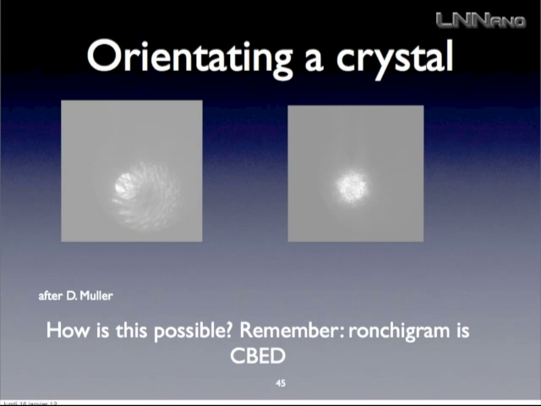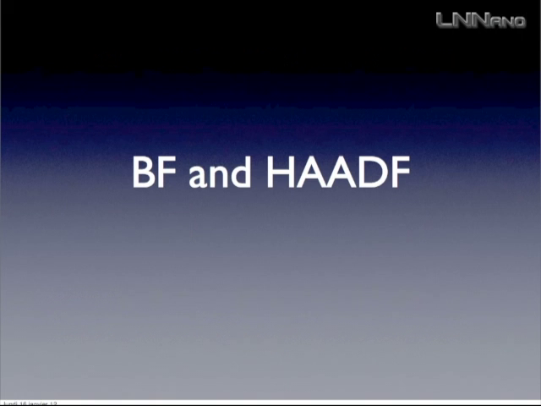So this is an uncorrected machine, after David Muller. It's very, very useful to have a way to look at the Ronchigram. And it's kind of easy if you have a regular TEM, not a regular STEM, but a regular TEM. You just have to look in diffraction mode at your diffraction pattern. Okay. So now that you know more or less how you align your